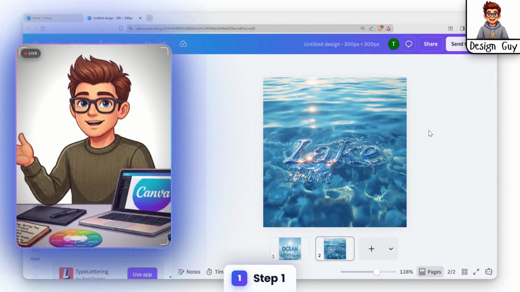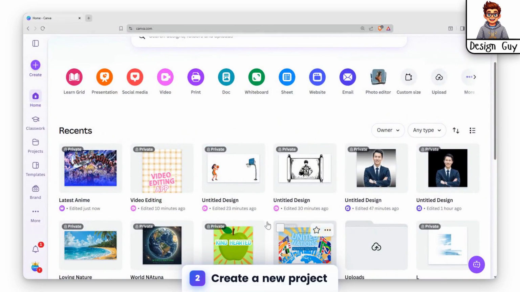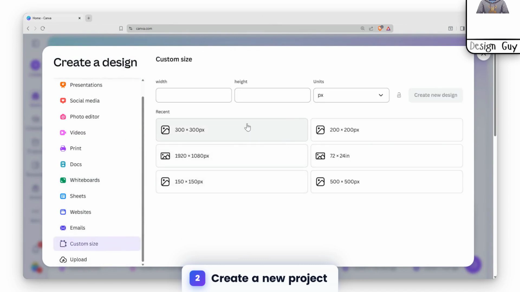Want to make your text look like it's melting? I'll show you how in Canva. First, click Create. Then select Custom Size. Enter your desired dimensions. In this example, set the width and height to 300 by 300 pixels before proceeding to